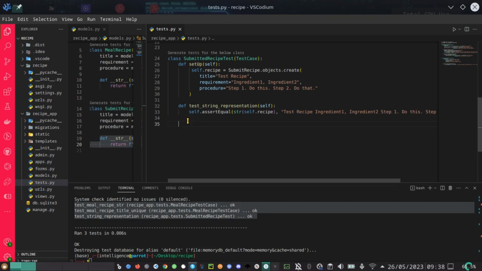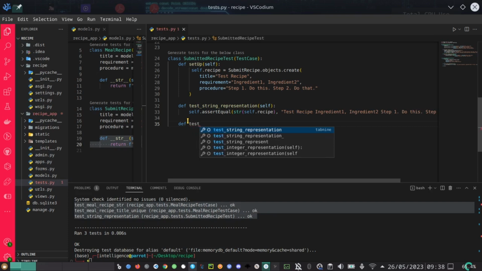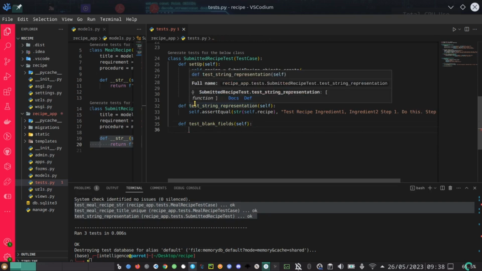So you are going to define test blank fields, and here is going to pick up self. Then inside self here,